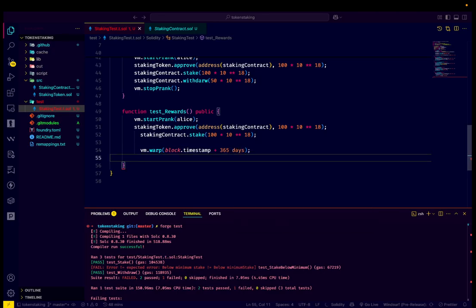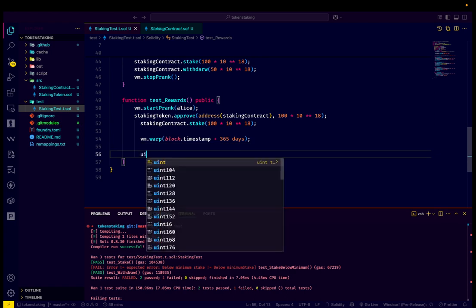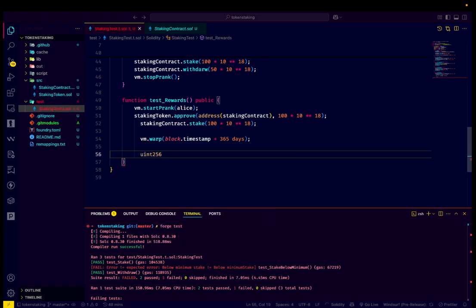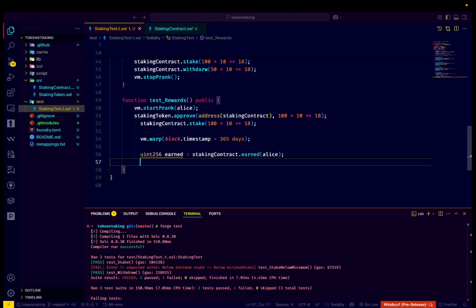And now let's take a local variable here, uint256, and how much to earn, to catch the value. Now let's copy from the staking contract the earned function, with the account of the LS, let's say ls account. And now what we have to do, I think most of you viewers never use this